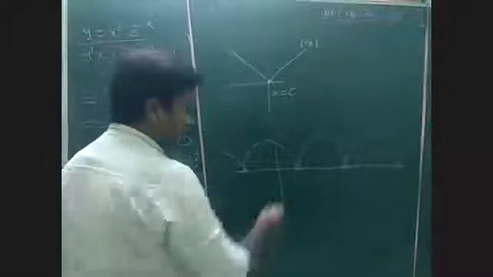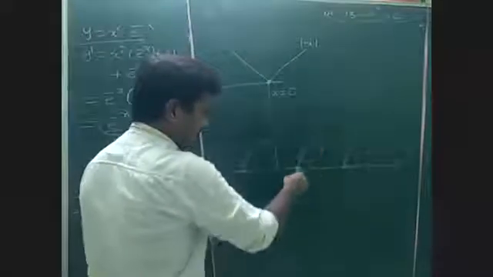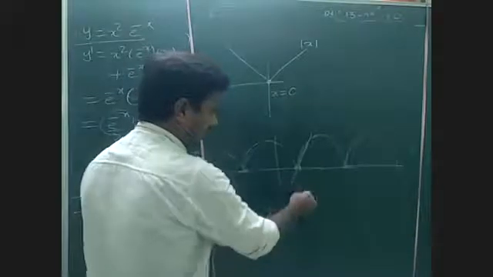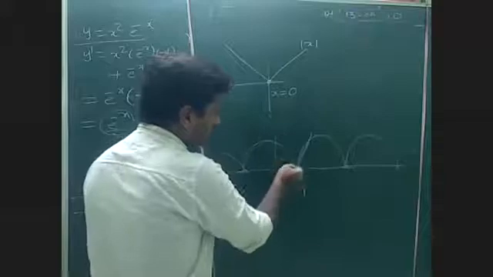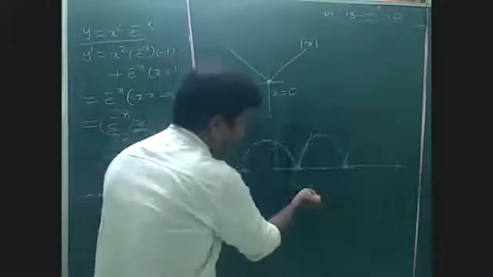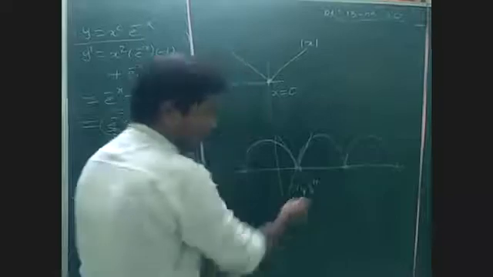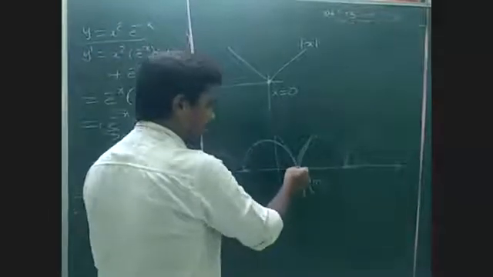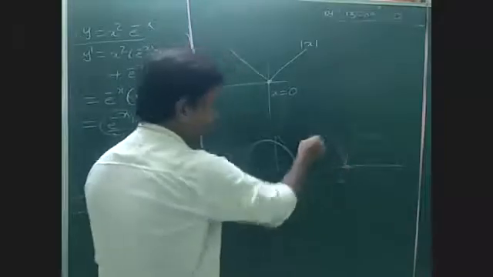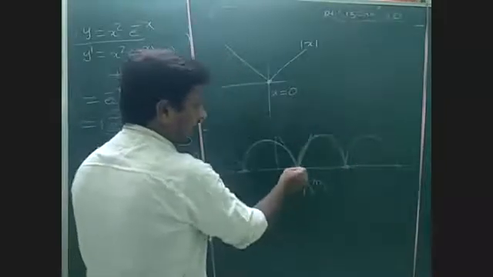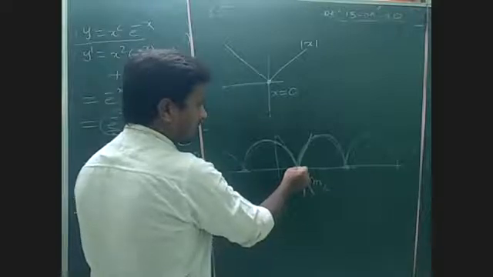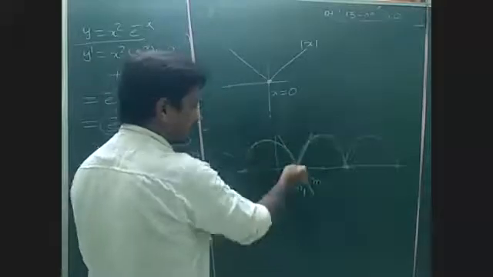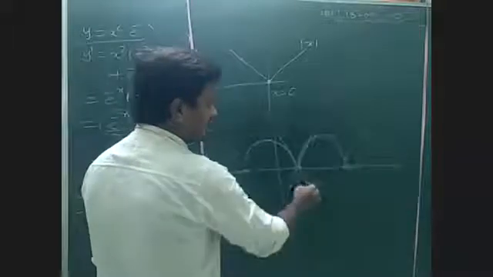Because of the reason, see, at this point you can draw the line. Let us take the slope of this line as m1. So at this point, for this loop, if we draw the tangent, the slope is m2. Different slopes are there. If I draw the tangent to this curve at this common point, the slope will be m1. If I draw the tangent to this curve at this point, it will be m2. So m1 not equal to m2.